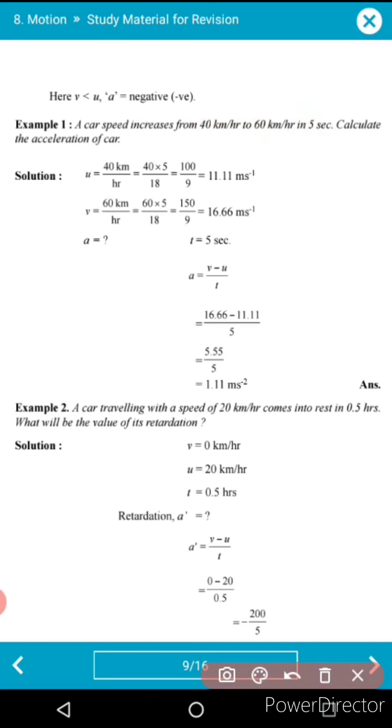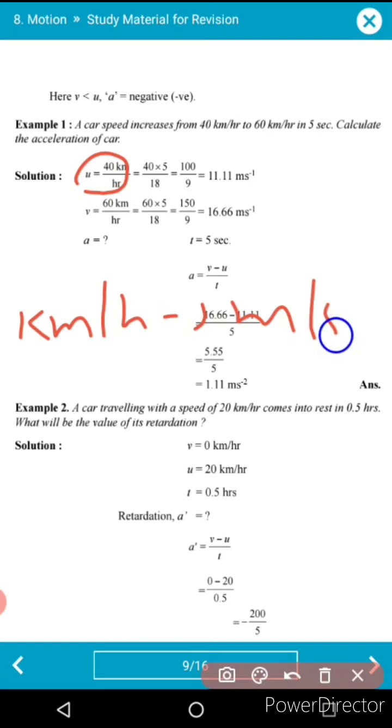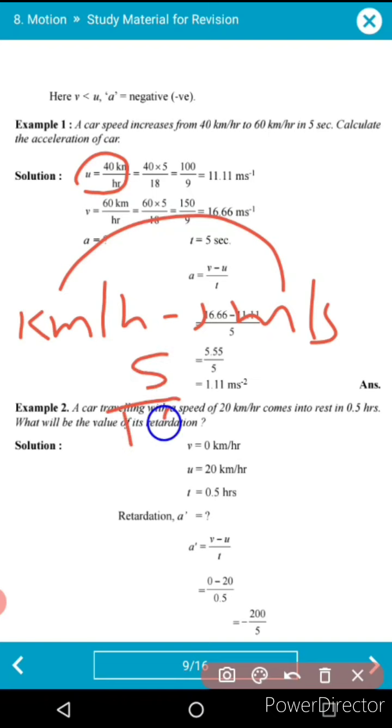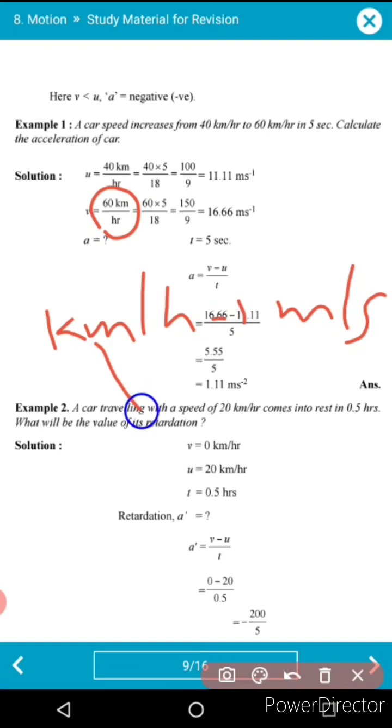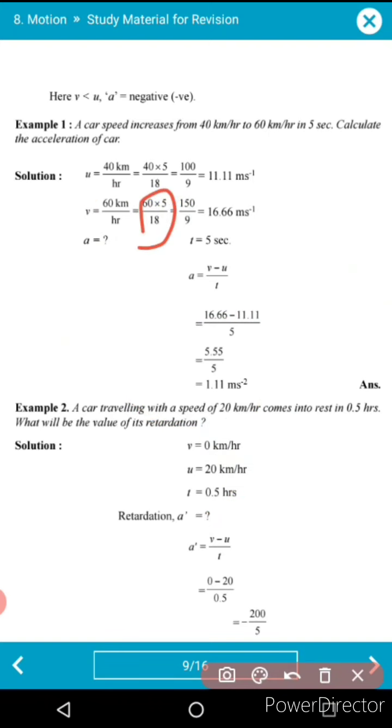Understood? So here the given is 40 kilometer per hour, so you are going from kilometer per hour to meter per second. I already told you higher to lower, so the lower value goes in the upward direction, 5 by 18. Fine. So here 40 is multiplied by 5 by 18, and we get 11.11 meter per second. Understood? Again, for 60 kilometer per hour we are again going from kilometer per hour to meter per second. Okay, so again higher to lower value. So keeping the lower term upper, 5 by 18 is applied, and the answer we get is 16.6.